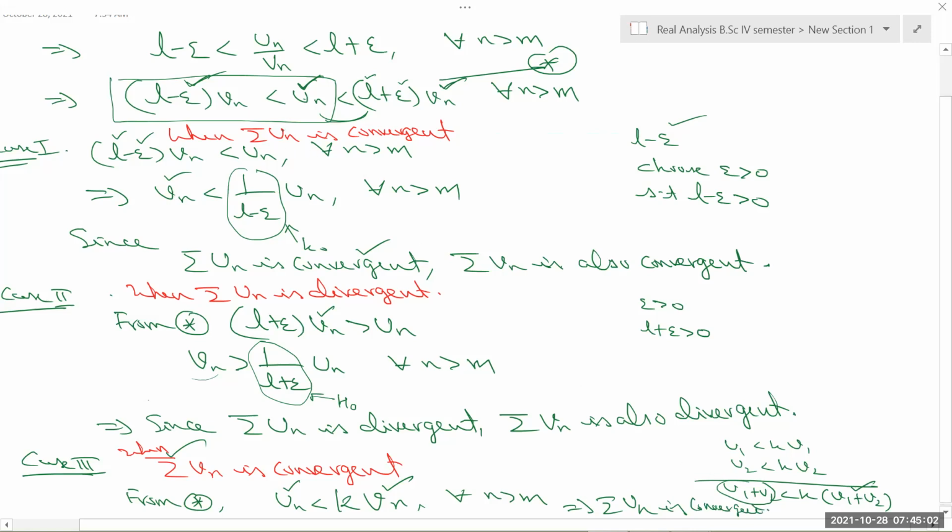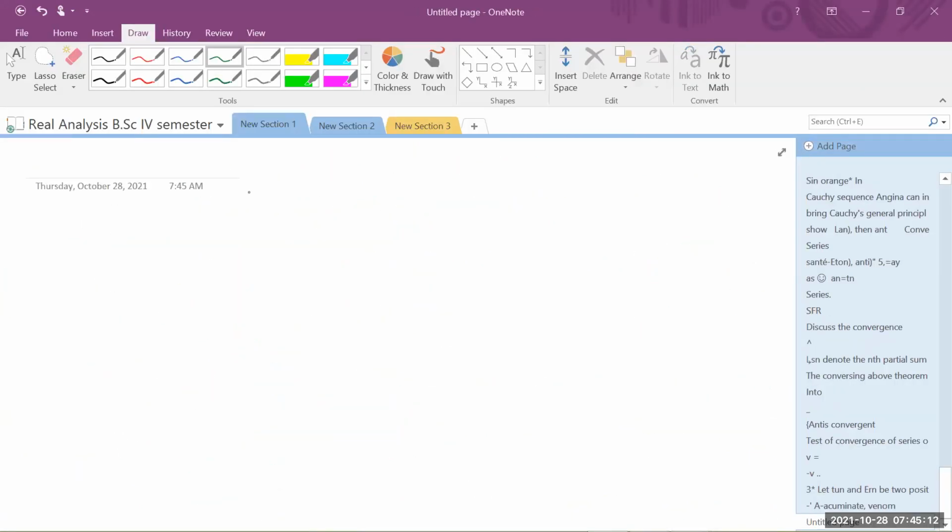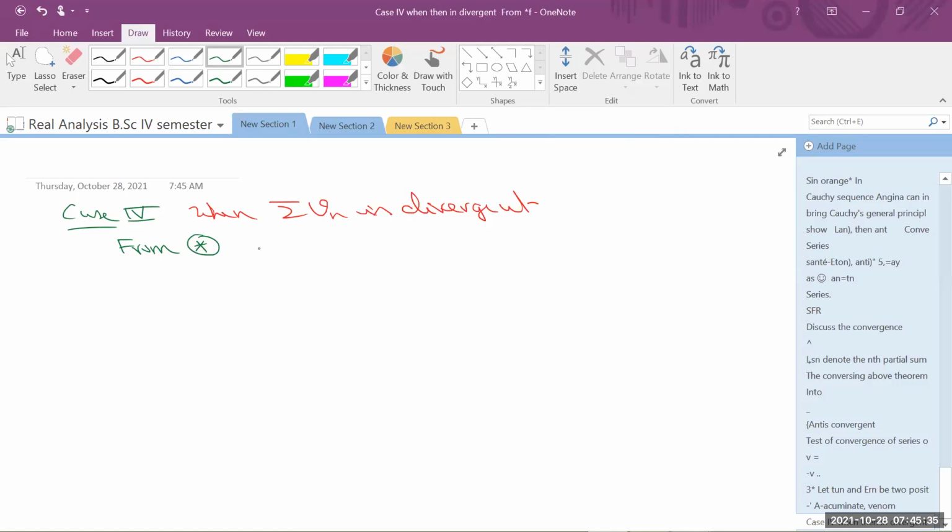One more case, because this one is on un, this one is on vn, and one more case when series vn is divergent. So let me write it separately. So I can say that case fourth, when series vn is divergent, then what will happen? So from star again I can write from the equation, I can write un is greater than,